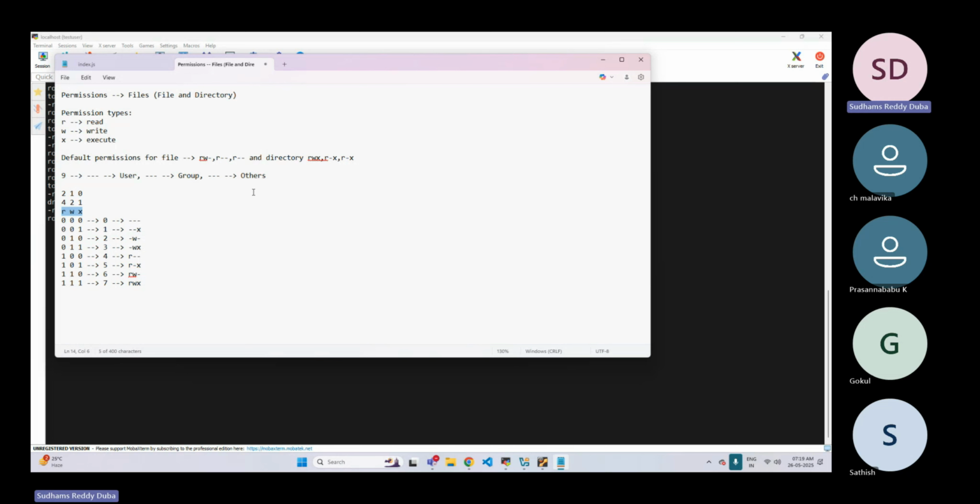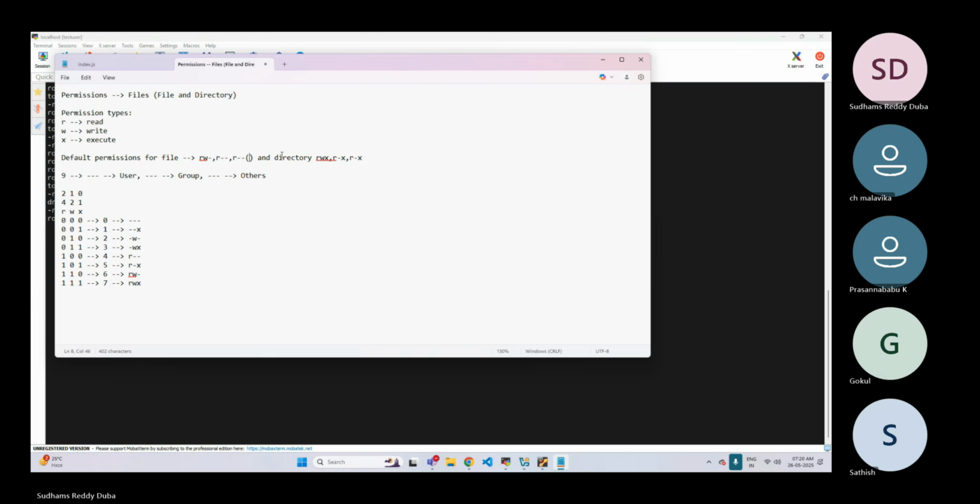Now, coming back to this particular point, when you say the default file permission is like this, how will you represent that in numerical format? For user, what is the permission? Read, write.